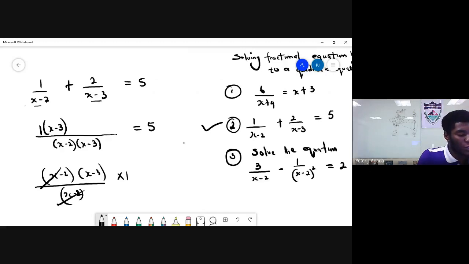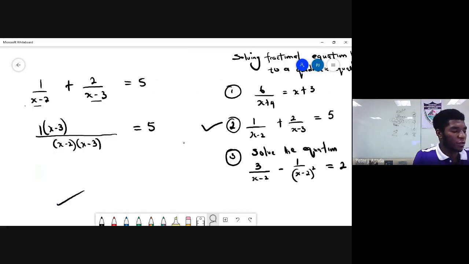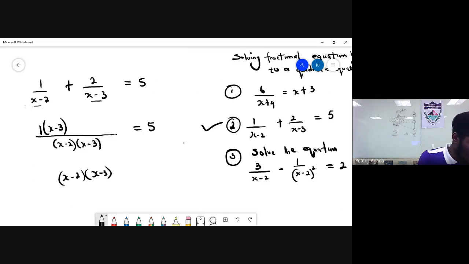So for the second part, I can have my equation to be x minus 2, that's the same process again, and x minus 3 divided by x minus 3 multiplied by your numerator, that is 2. So I can cancel this out. So I have what? A plus 2x minus 2.